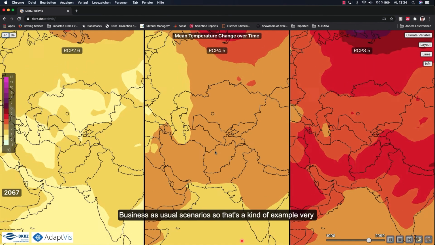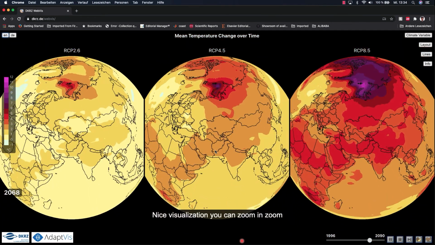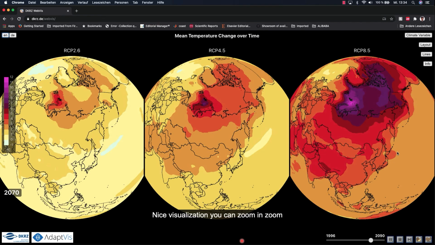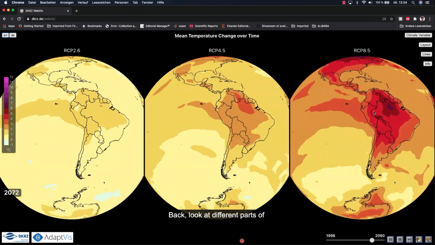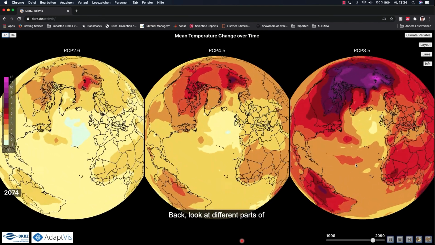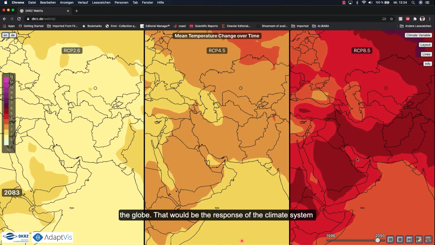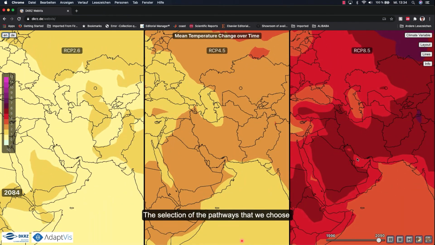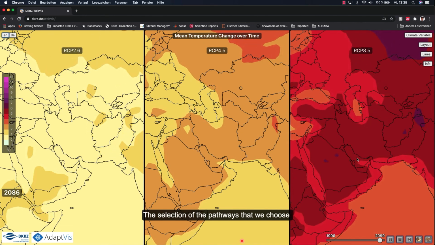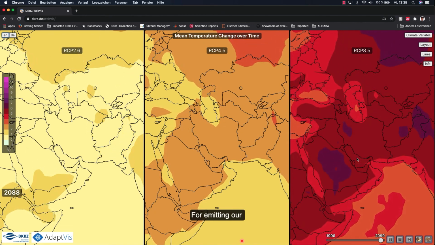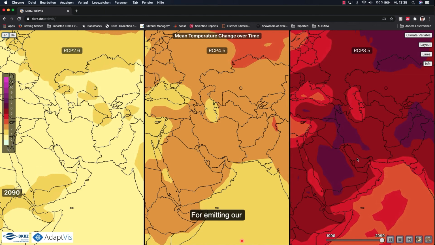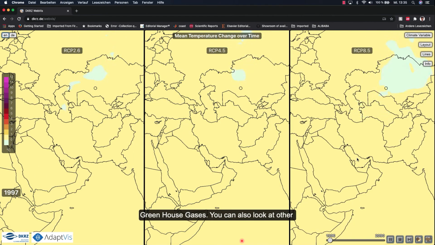So that's an example of a very nice visualization. You can zoom in, zoom back, look at different parts of the globe. That would be the response of the climate system to the selection of pathways that we choose for emitting our greenhouse gases. You can also look at other variables.